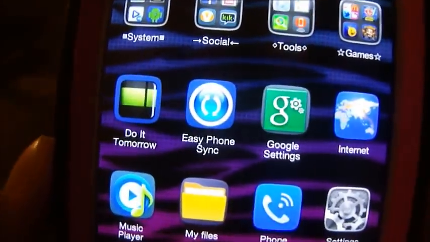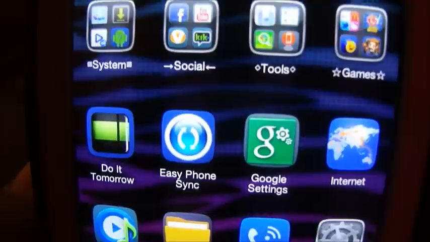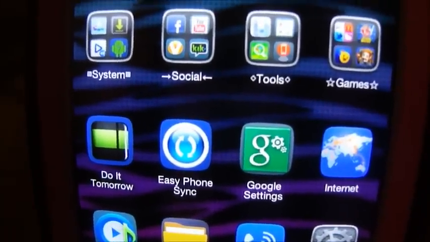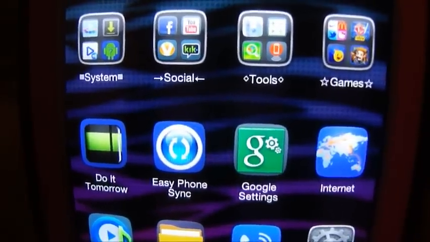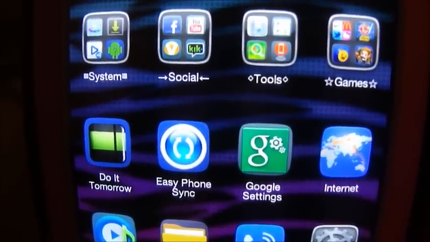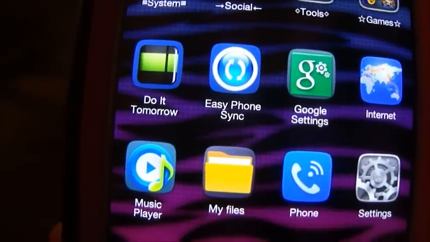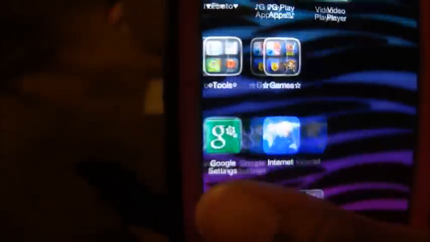And then I have Do It Tomorrow, Easy Phone Sync, which is what I use to sync my phone with my iTunes. Then I have Google Settings, Internet, music player, my files, phone, and settings.